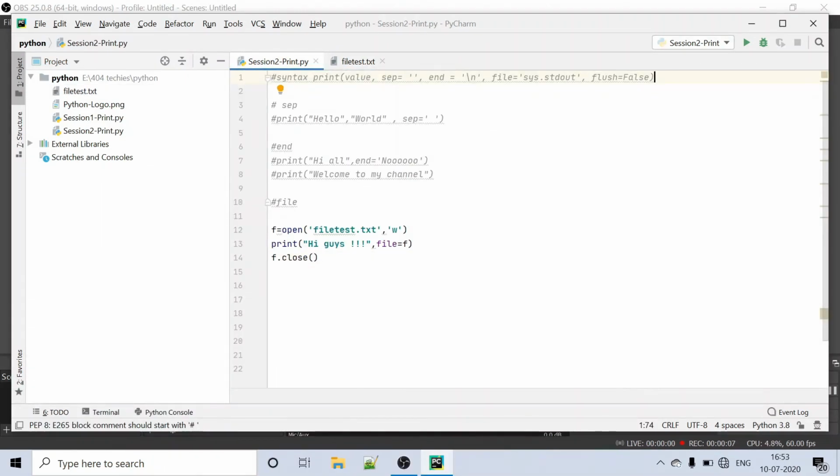So finally, flush. Flush is set to false in the print function by default, meaning you're storing the data only in the temporary memory. If you set this to true, you're forcing the data to be stored in a permanent location. Whenever we do something, the data is stored in the buffered memory, which is nothing but temporary memory. So if you set flush to true, you're forcing the data to be stored in the permanent location. This is what flush does. I do not have anything to show for flush, but this is the theoretical logic behind the flush parameter used in the print function.